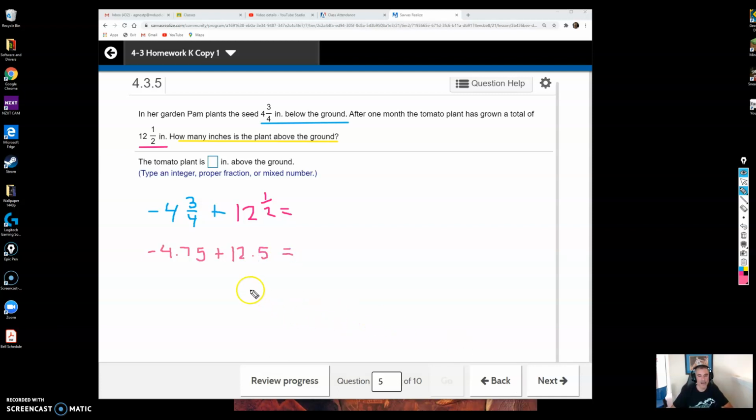Okay, now I want to create the additive inverse of negative 4.75. So I need to make change with my 12.5. 4.75 plus what will give me 12.5? So we're going to go ahead and rewrite that. Negative 4.75